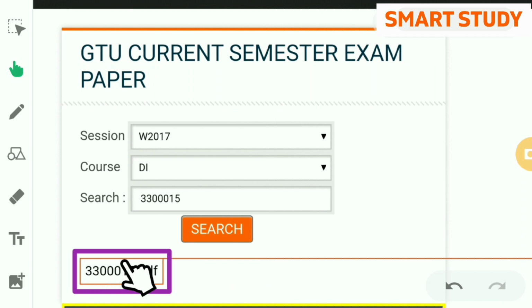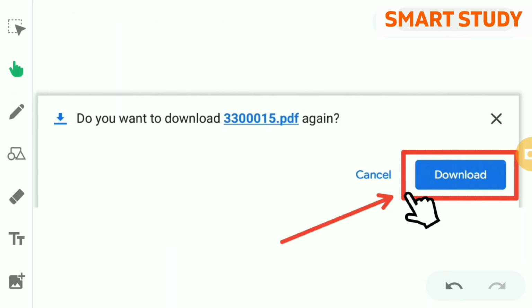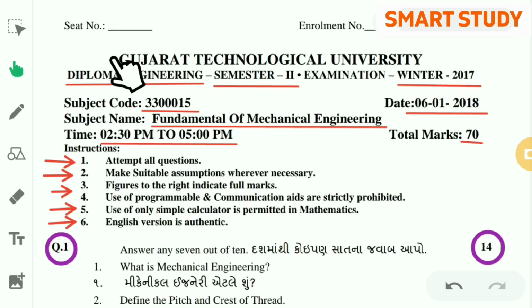One PDF will be the result of your search. Then click on this file. After that, click on the download option.